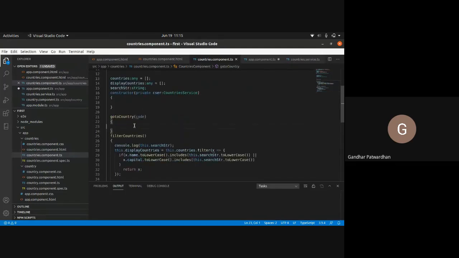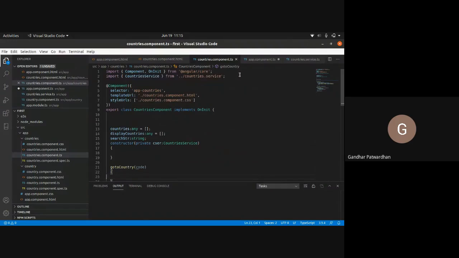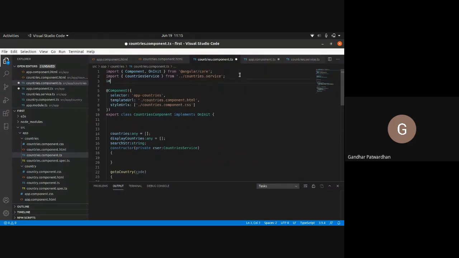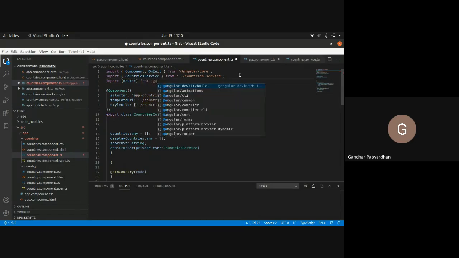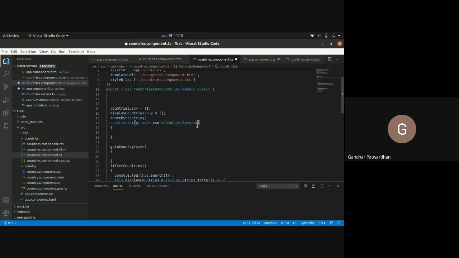Okay. Now in this go to country, what I need to do is I need to use router to navigate. So I will say import Router from @angular/router, and I will inject that router.